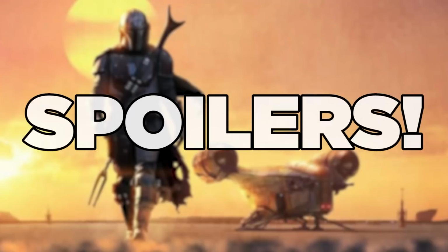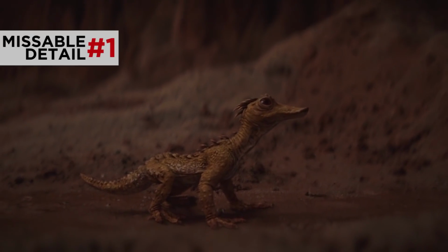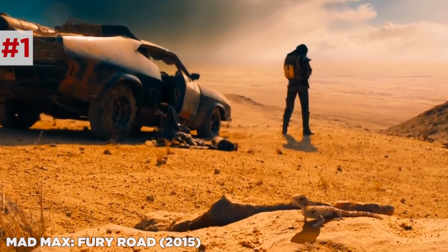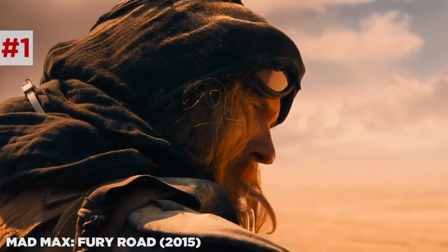On to the episode, and spoiler warning in case you haven't seen it yet. The episode opens on this lizard. It's almost exactly like the opening shot of Mad Max Fury Road, my favorite movie of this decade, maybe of every decade. But rather than stomp on this lizard eating it raw, this road warrior scares it off as he